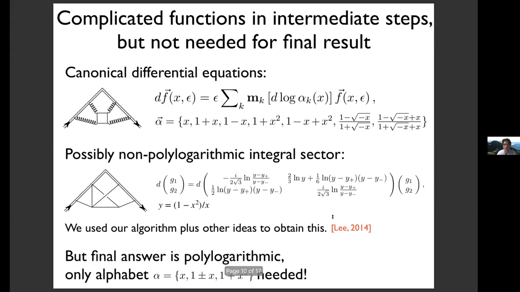All right, so we used this new tool in combination with other existing ideas in the literature, notably a very useful program, although I believe we implemented the key code ourselves, also this paper by Roman Lee, and also a number of other tricks for dealing with uniform weight functions. So then what we